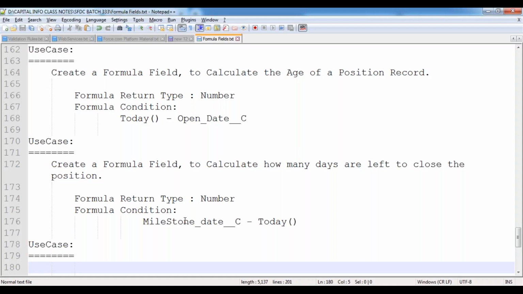Can we display any message, not like an error, but a message popping up saying that you are this many days away from your salary, or something like that? No, instead of showing that, we can send an email to the people.